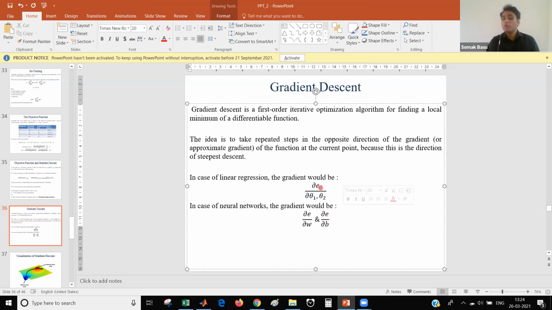So the rate of change of error with respect to the coefficients of the regression model, theta1 and theta2, gives you the gradient. And you want to decrease the error. So the gradient will reduce. So that is called gradient descent. In case of a neural network, you have the weight and the bias. So you will calculate the rate of change of error with respect to weight and the rate of change of error with respect to the bias. And your aim would be to keep reducing the errors and increase the accuracy as you keep training a machine